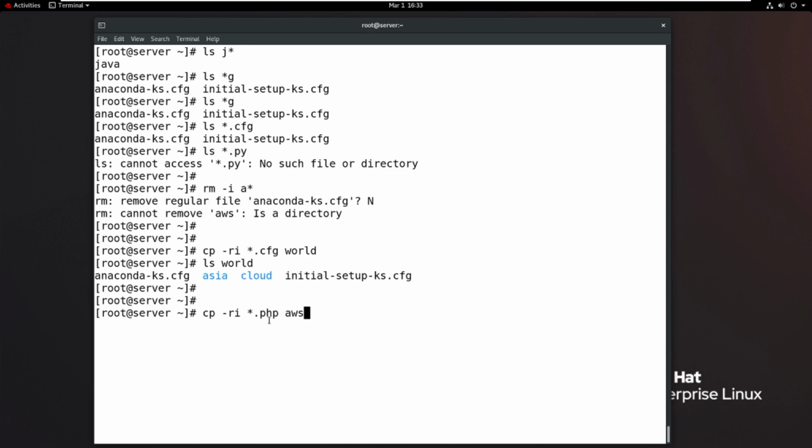Then the .php files are successfully copied to AWS. This is the asterisk use case. In the future sessions, in the Linux administration lectures, I will give you more and more examples, because this is the basic example.